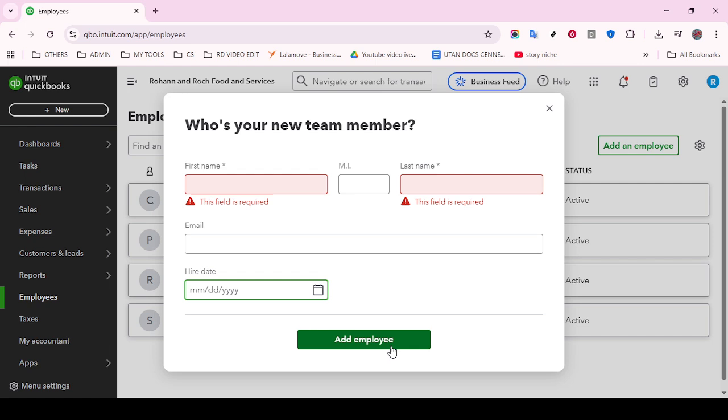Saving locks in the information so the employee appears on your payroll list and is available for your next pay run. If you notice anything off after saving, you can always return to the profile to make corrections. If you need to add more team members, simply repeat the same process for each additional employee. Taking a few extra seconds to verify names, addresses, and tax details during entry will save time and prevent payroll